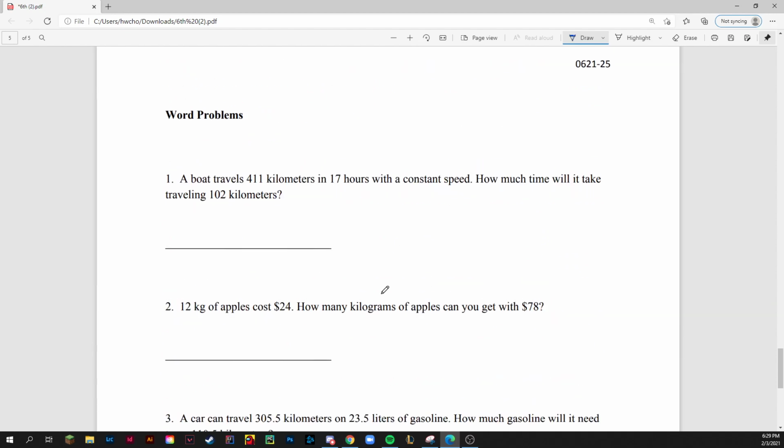Alright, let's finish it off with word problems. A boat travels 411 kilometers in 17 hours with constant speed. How much time will it take traveling 102 kilometers? So, we have to find how many kilometers in an hour. So, given this, we can just do 411 divided by 17. And then once you plug that into a calculator or do long division, you will get the answer of,